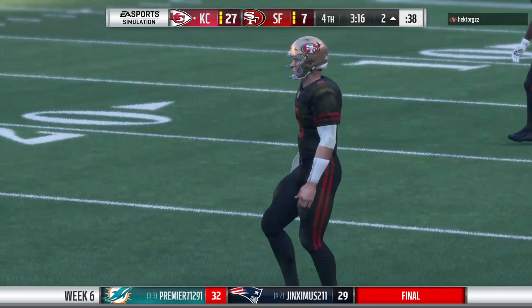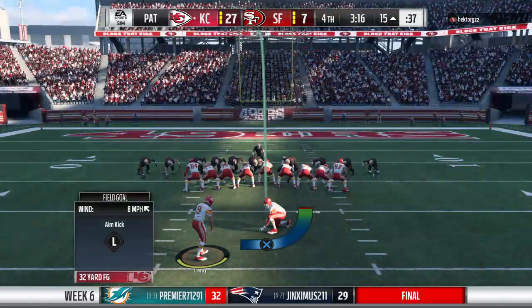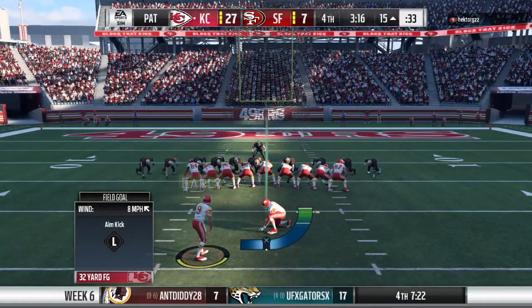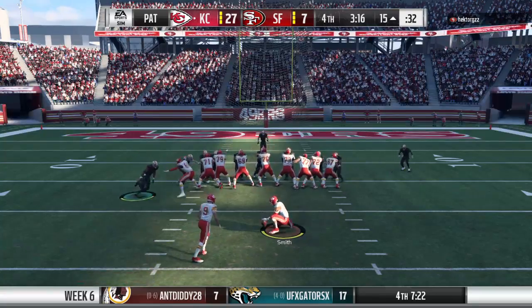That's the story of the game. They've been suffocating all game long on defense. They were suffocating there again in a big way. And they've done it not just by out-athleting them, which is often...